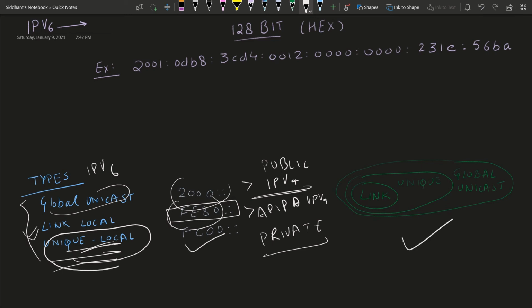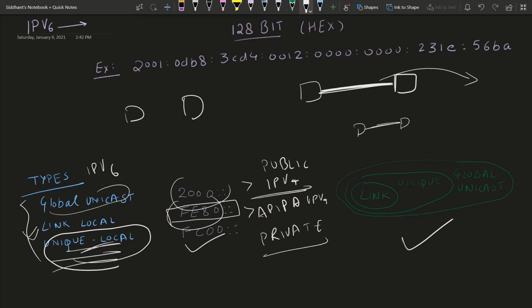I have a diagram here, a little bit crumpled, but you can say link local addresses are the most private addresses that two devices can use to communicate with each other. They will not go over a link, so they can only be used on a single link or single connection. They cannot span different connections.